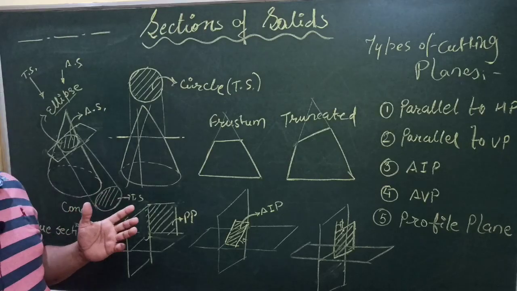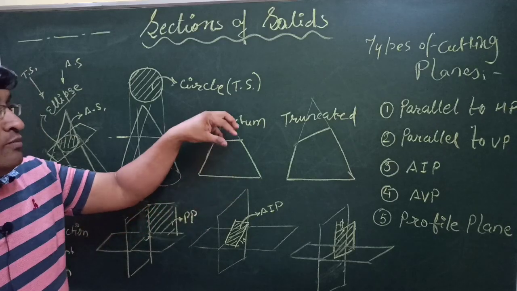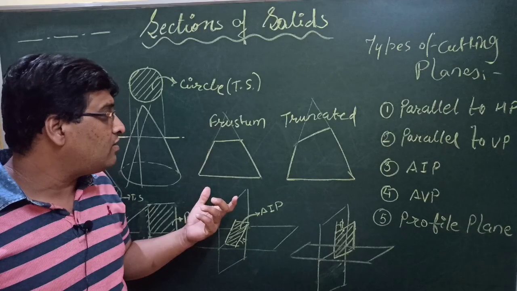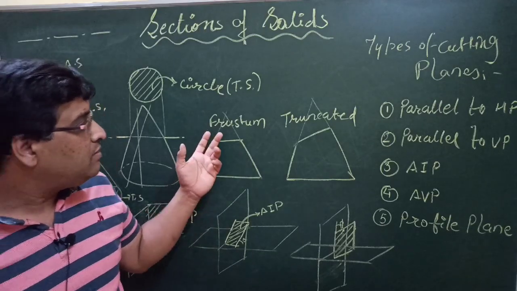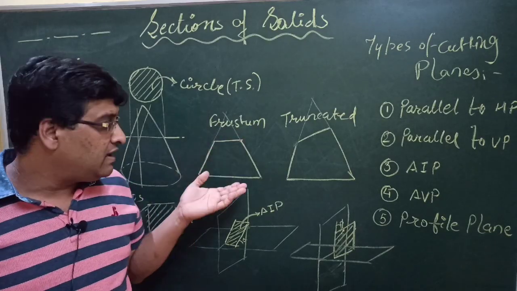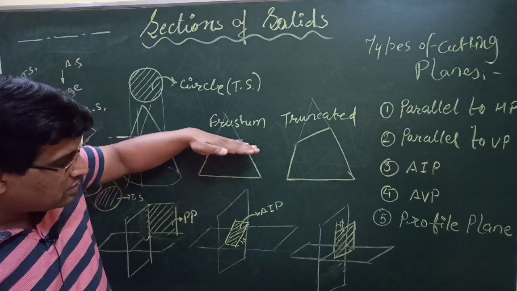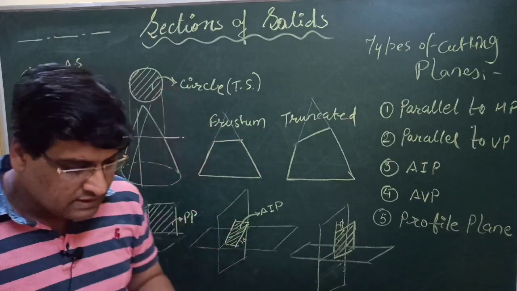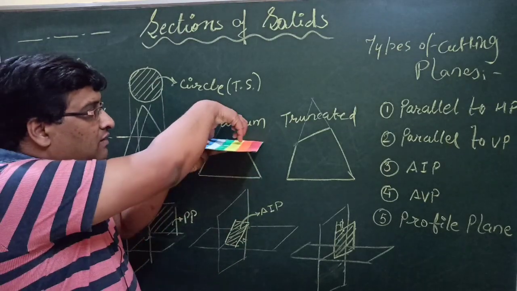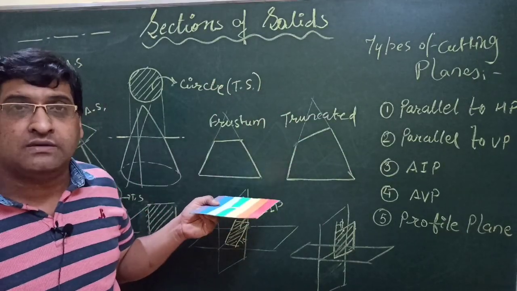So sections are nothing but cut part of solids, and the cut part after removing the upper part or lower part is having some specific terminology. Like here there may be frustum or truncated parts. What is frustum? When a cone or pyramid is cut by a section which is parallel to the base, say for example this is a section, it is parallel to the base of the cone and it is cutting. After removing the upper part of this cone, the remained part is called a frustum.